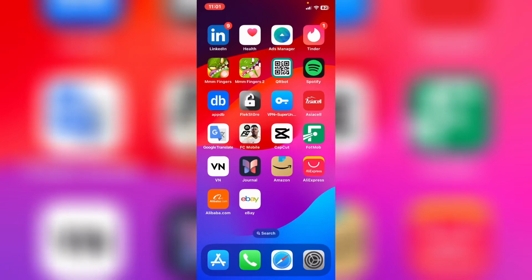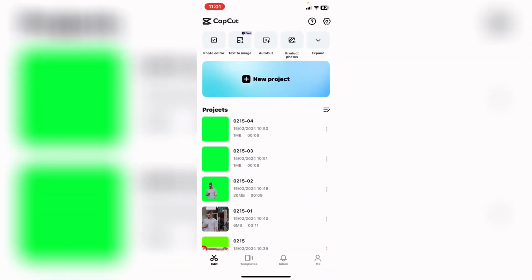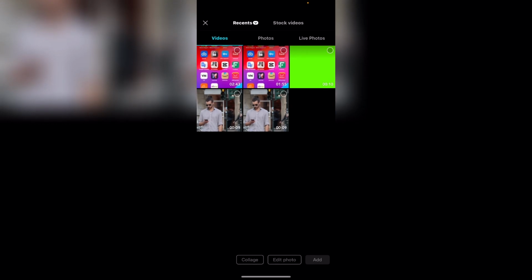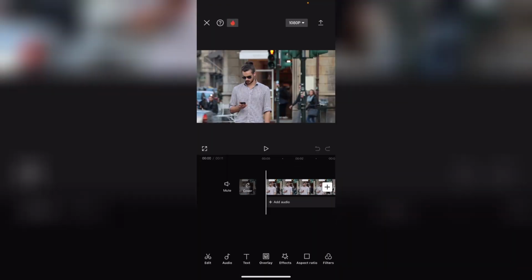How to use text to speech in CapCut. First of all, I will open CapCut, and after that I will add a new project. For example, I will add this video and tap on the add button, and after that what you need to do